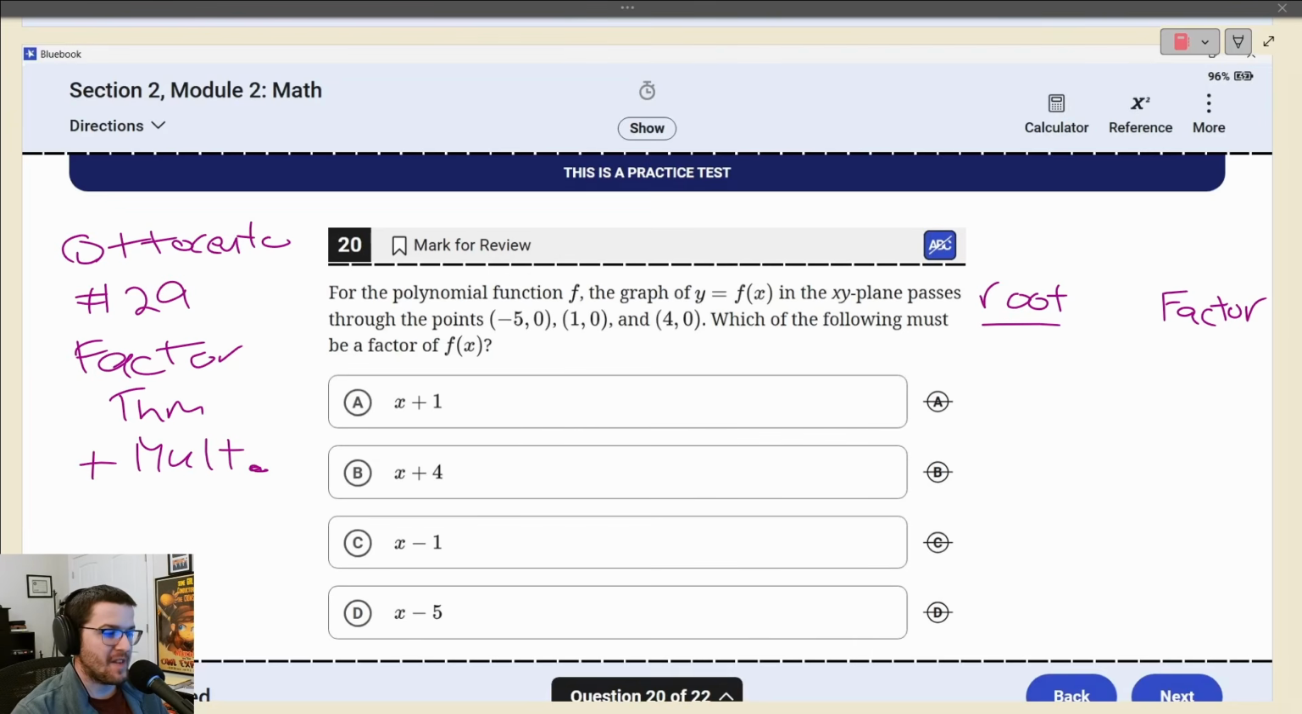Okay, question 20. Actually just made a video on this, guys, at the time of this recording. It's called Quotient number 29, Factor Theorem plus Multiplicity. Definitely go check that out. There's a free worksheet. You can practice, get a lot better at this. All right, so